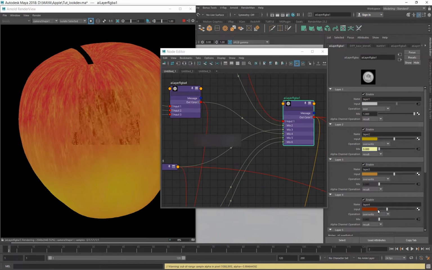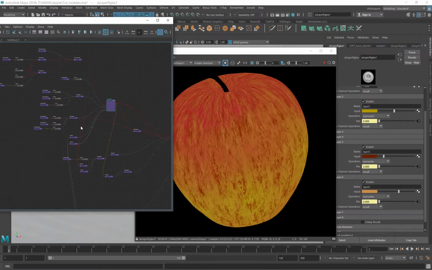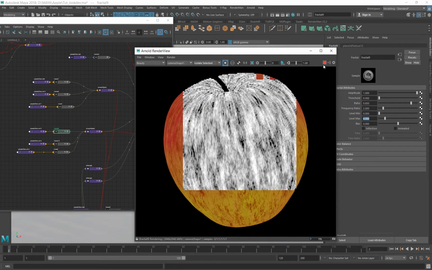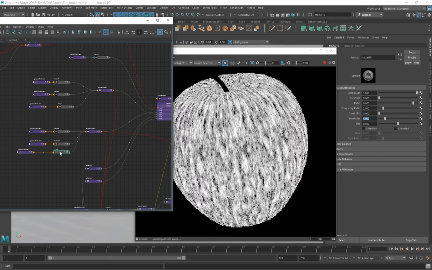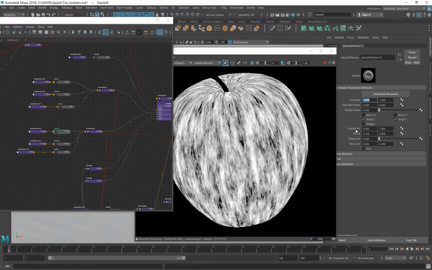Again, layer 4, again breaking the variation once more with another set of fractals. The same process which I have done on the previous layer, I have repeated with subtle variations on this. So on all of this I'm using repeat UV.